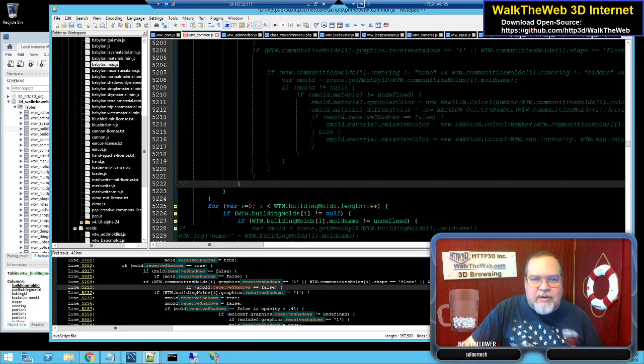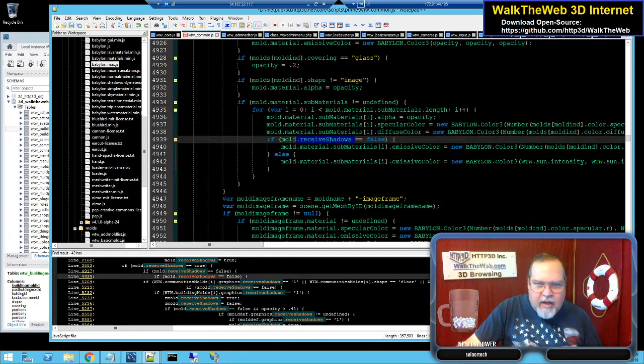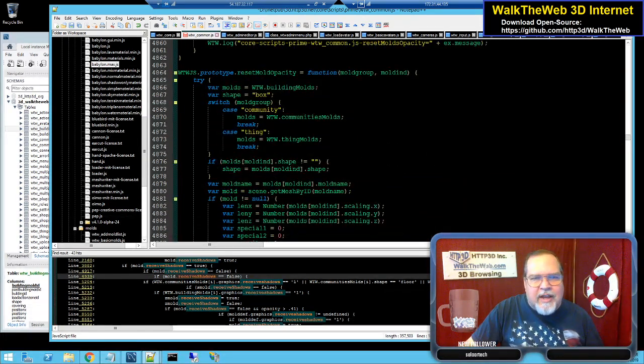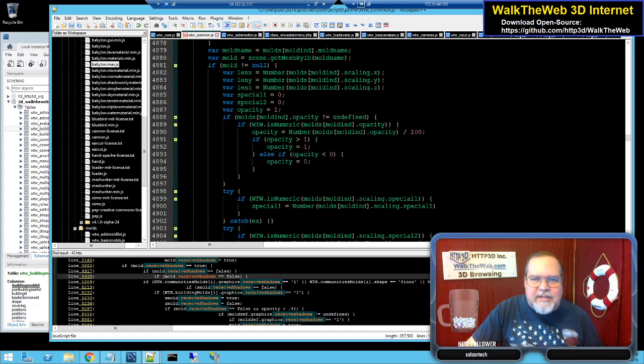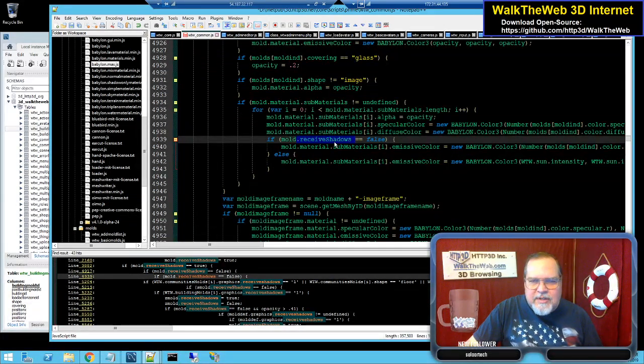Like I said, things are interfering, so I'm going to get rid of the ones that aren't needed anymore. If mold receive shadows is false, here we go again. That's why I'm cleaning out this code. Reset mold opacity. Now, resetting the mold opacity, first of all,